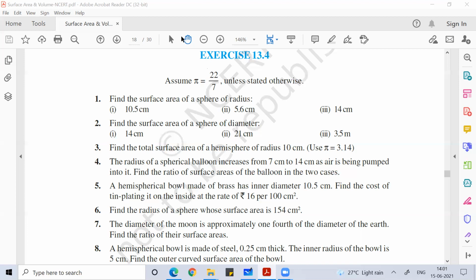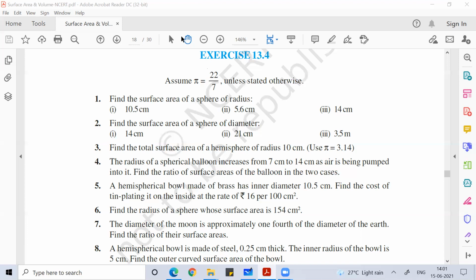Question number 5 में जैसे ही मैं देखूंगा, the moment I see the cost is given 16 rupees per centimeter square, तो मैं सबसे पहले देखूंगा कि हेमिस्फीयर का डायमीटर रेडियस का यूनिट क्या है, सेंटीमीटर है. ठीक है, तो अगर मैं चाहूँ तो उसको डायमीटर में सॉल्व कर सकता हूँ. मुझे एक्चुअली कर्व सरफेस एरिया निकालना है, दैट इज 2 pi r square. r की जगह मैं d/2 डालूंगा तो फॉर्मूला आ जाएगा pi d square बाई 2. मैं वो फॉर्मूला यूज कर सकता हूँ.